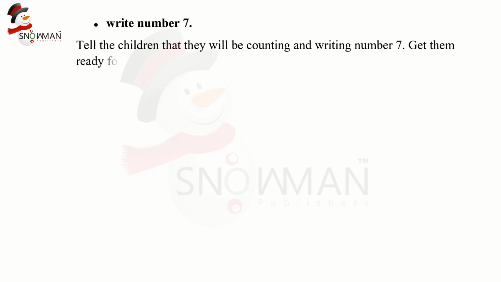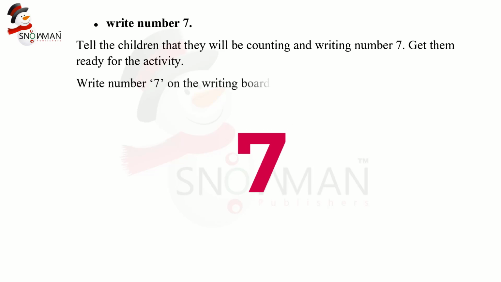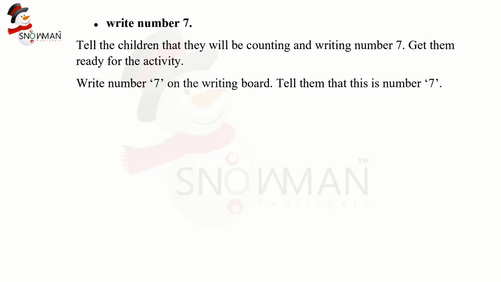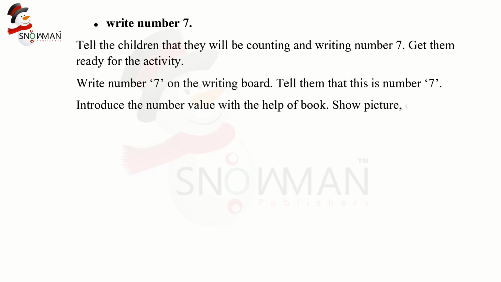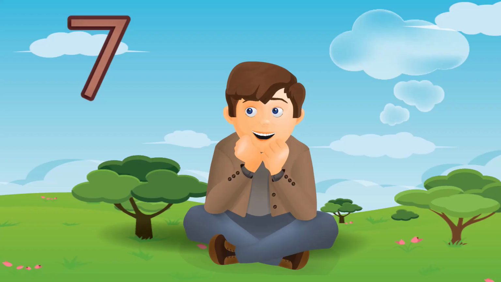Tell the children that they will be counting and writing number 7. Get them ready for the activity. Write number 7 on the writing board. Tell them that this is number 7. Introduce the number value with the help of the book. Show the picture, count and say